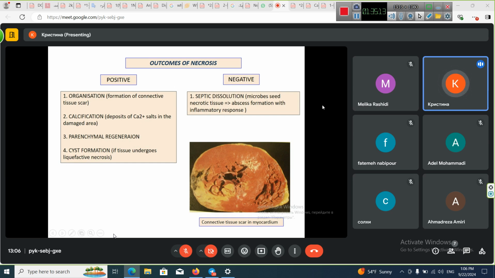And the final picture that was present in that presentation shows us a connective tissue scar in myocardium after the infarction of myocardium. This is the transverse horizontal section of the heart. This is the cavity of the left ventricle. It's the cavity of the right ventricle, and the septum between the two ventricles,